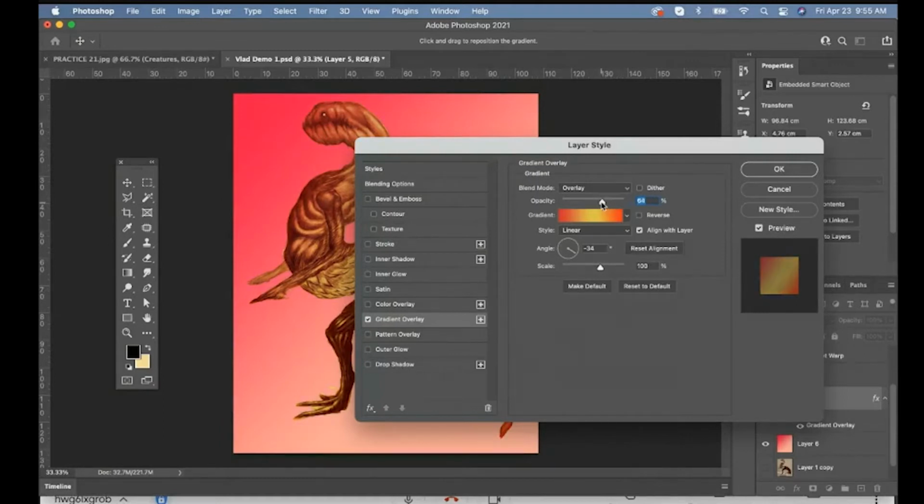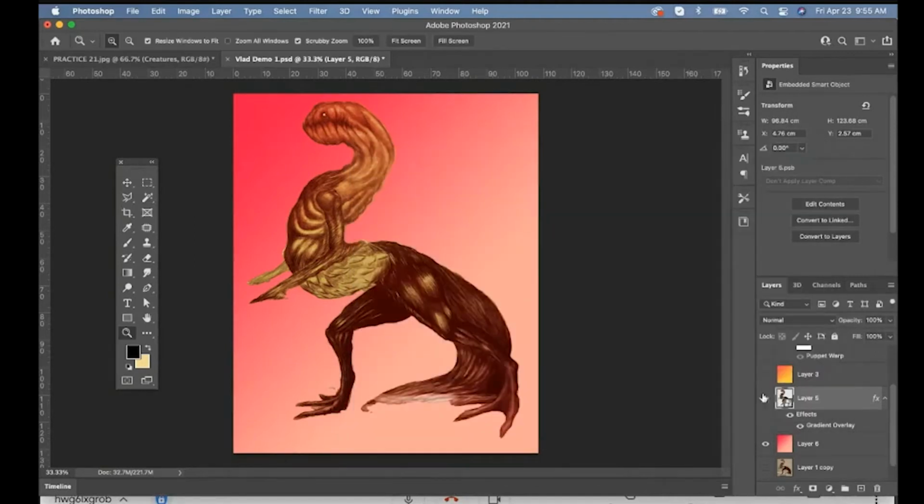You could go and lower this opacity, and you could also change the angle of that, and then that will tint it very quickly. There's other ways of tinting, but that's the one I'm going to demo for today. Layer style, gradient overlay, blend mode overlay or soft light, reduce the opacity, and then you can tint that quickly